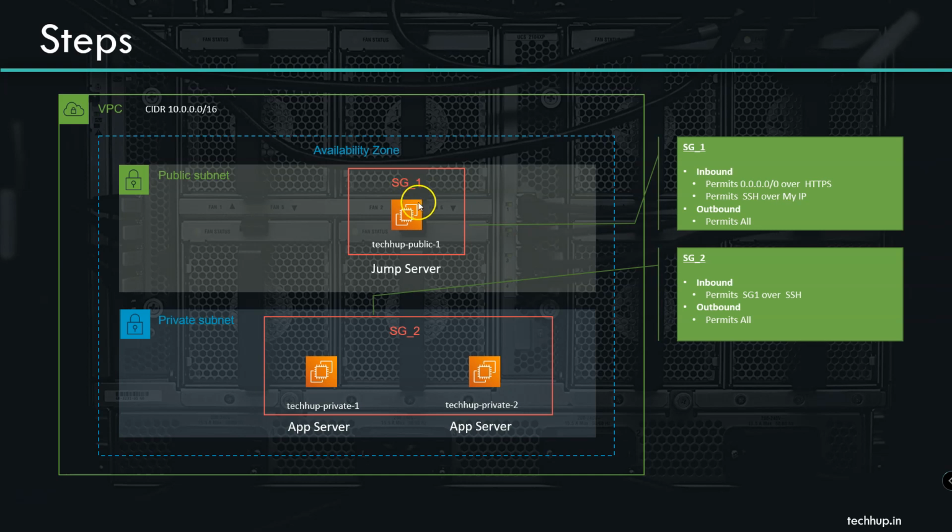So for security group one, what we are trying to do is allow SSH connections into this public EC2 instance over a public IP address from our home network. And for that, we are allowing an inbound SSH rule, but in the source, I'm restricting it to the IP address of my home network, which is a best practice. You shouldn't open up SSH connections to the entire world for your instance to be safe from hack and brute force